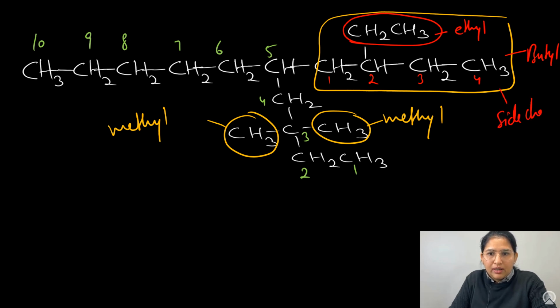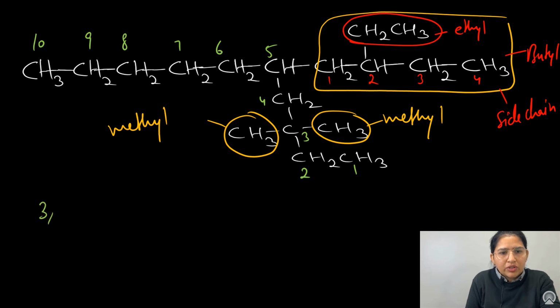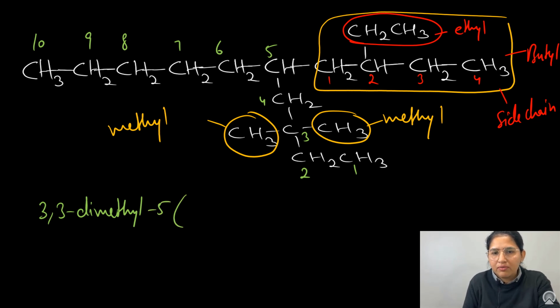That's why. Now let's write down the names of all these substituted groups. When I'm going to write down their names, it comes to you like this: 3,3-dimethyl, then 5, bracket open, we will write 2-ethylbutyl